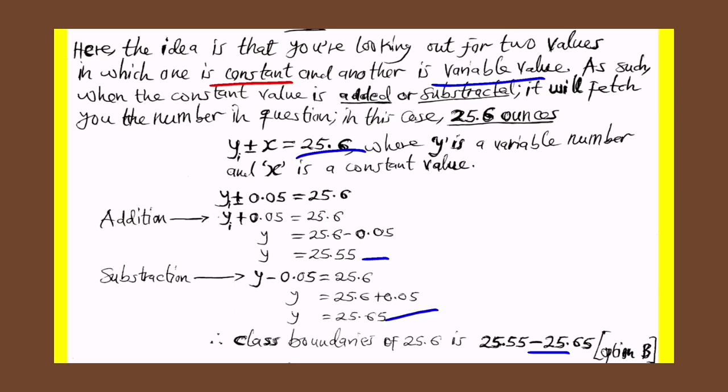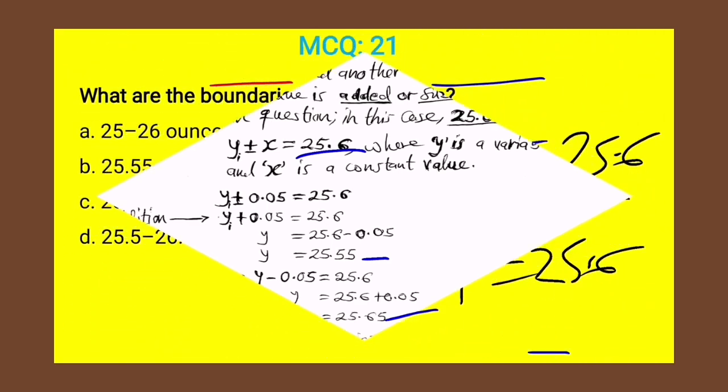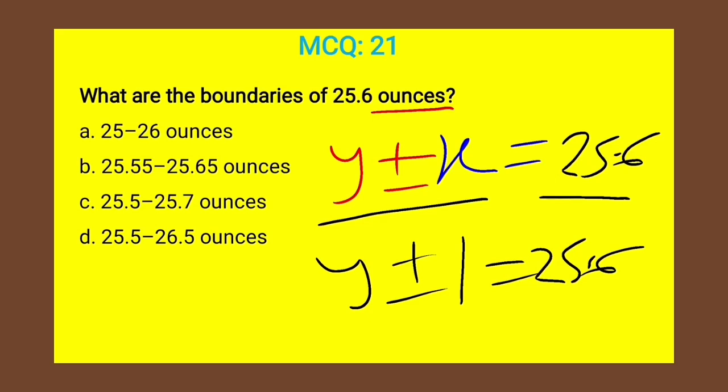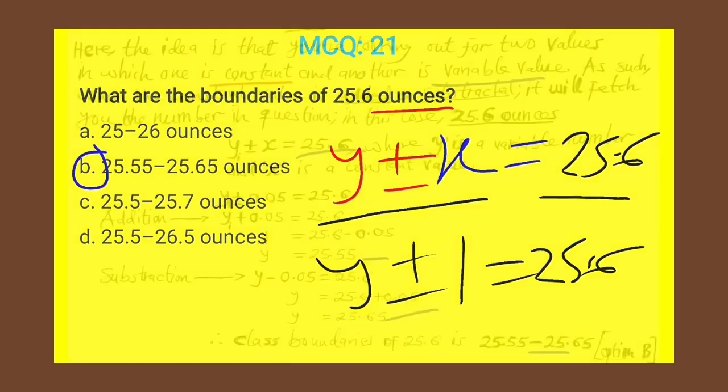Please take note. I've said a lot of things, so make sure you take them one by one and go through. So that is the whole deal about how we go by this approach. So the class boundary for 25.6 was 25.55 to 25.65 in that case. So let's take note of that. You can certainly see that the answer was B, that was 25.55 to 25.65. So let's move on to